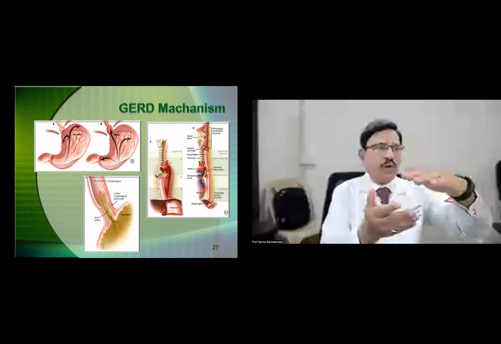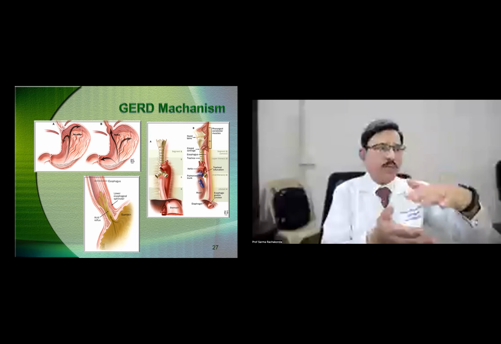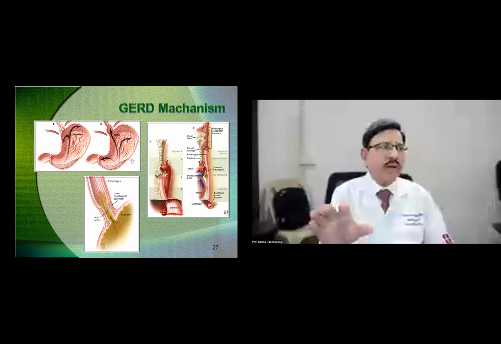Once everything is ready, the lower duodenal sphincter will open, and the stomach contents will pass into the duodenum. This is the mechanism. But during this process, certain gases are formed because of the digestion. These gastric gases have to escape. They can't escape downward because the duodenal sphincter is closed.